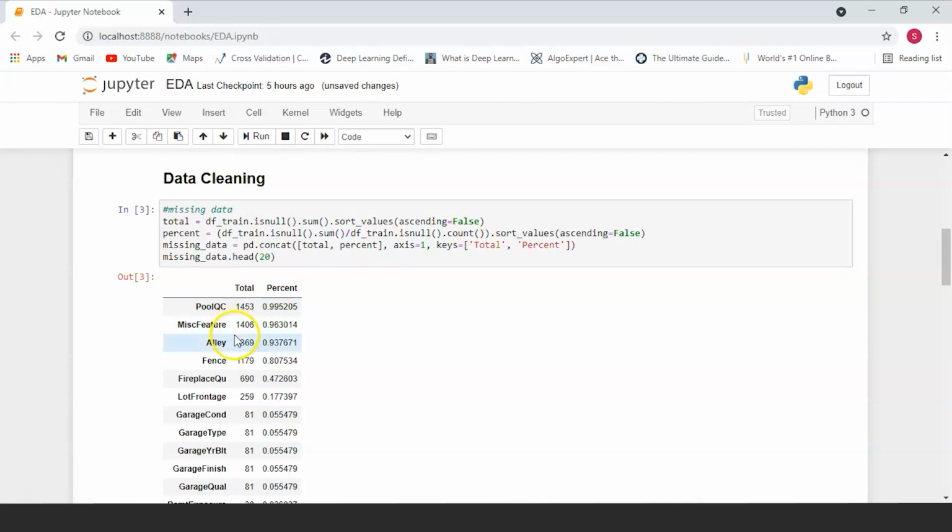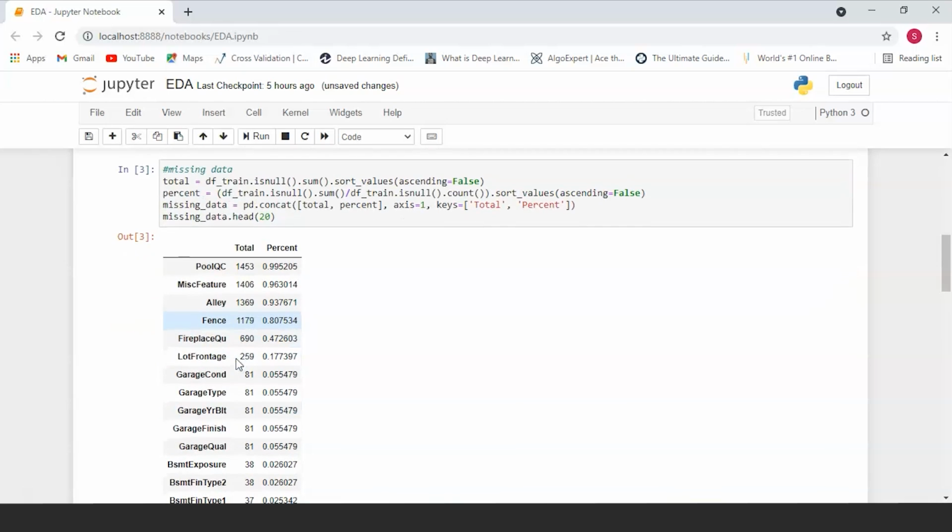As you can see, we have obtained the total number of missing values in different columns in our dataset in descending order. Apart from this, we've also calculated what percentage of missing values each column contributes. The highest percentage of missing values belongs to the PoolQC column, which has almost 99% missing values.